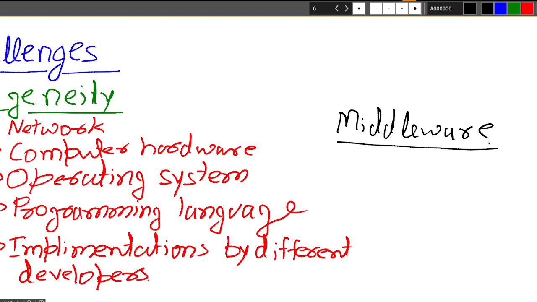I should say it is a software layer that provides a programming abstraction as well as masking the heterogeneity of the underlying whatever these things are, whether it is network, hardware or operating system, even the programming languages. This heterogeneity can be masked by using a software layer, I should say middleware.